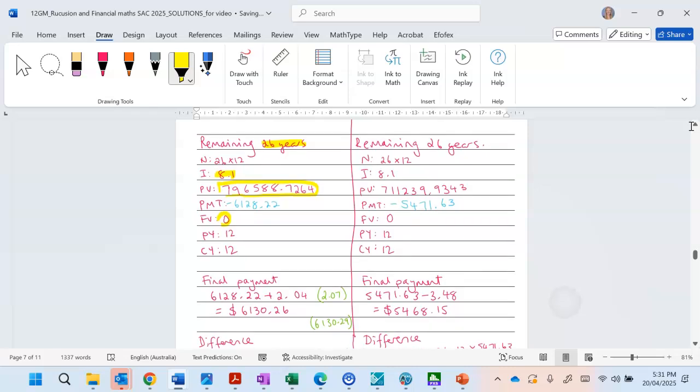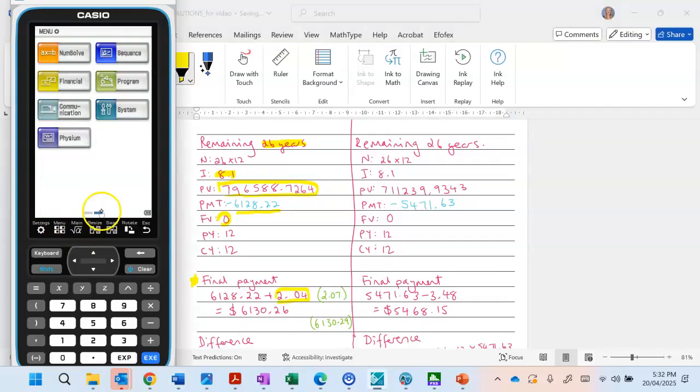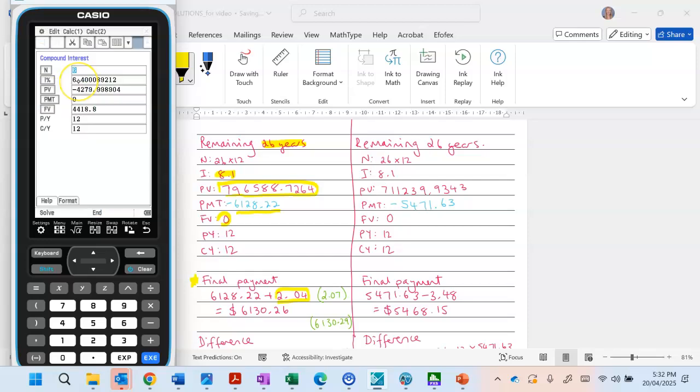All right, so we need to know how much is being paid. Just like before, we do have to calculate the final payment, because if we're making payments of $6,128.22, we'll still have a little bit remaining, just like we did before, and that bit remaining is $2.04. I'll just show you on the calculator, because even though I've got all the prompts there,